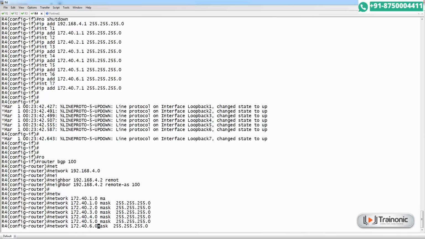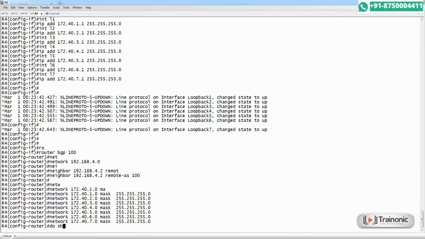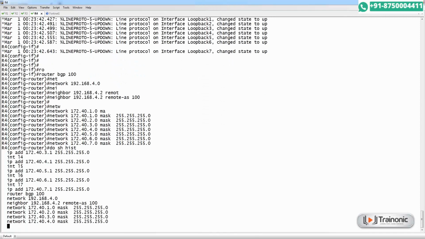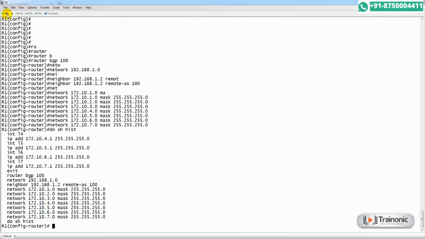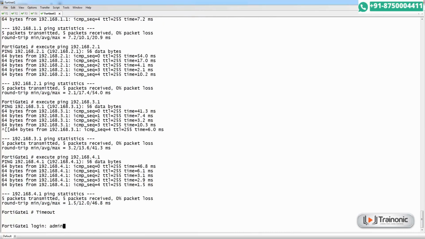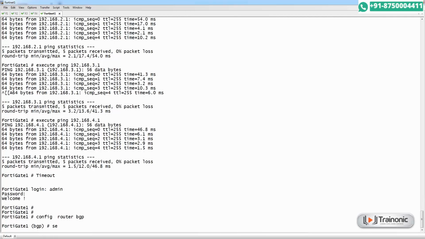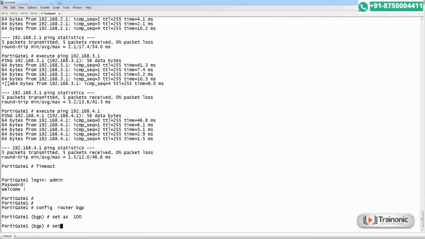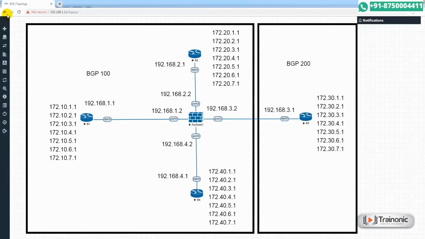R2, R3, R4. Next is Fortinet admin. Put command configure router BGP. Configure router BGP, set AS number 100. Then config neighbor, edit 192.168.1.1, its neighbors are 1.1, 2.1, 3.1 and 4.1. Then config neighbor 1.1, then set remote AS